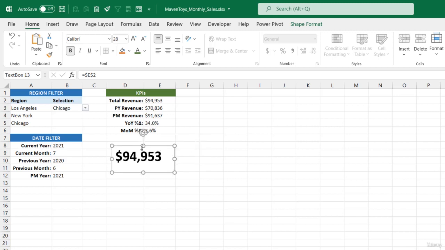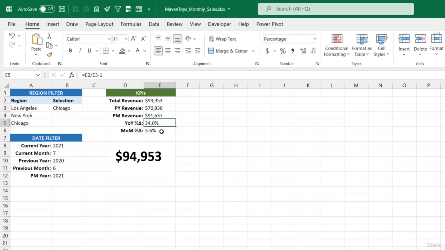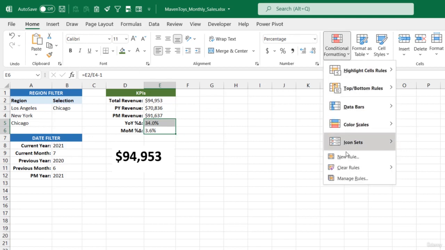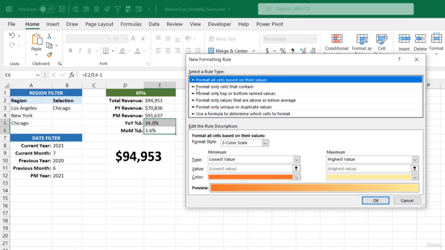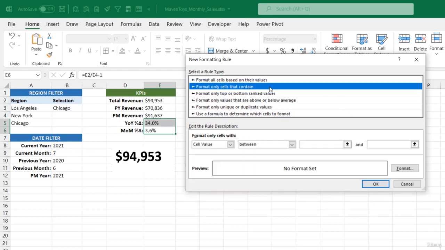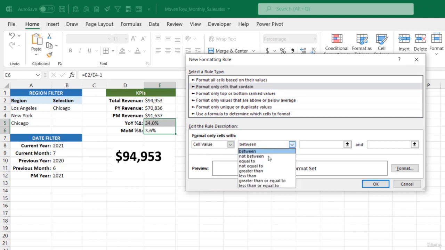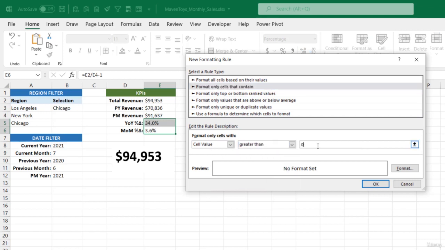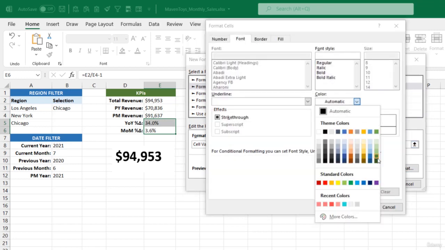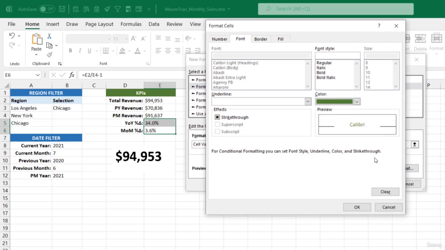Alright, so this is our main KPI card, but for my contextual KPIs, which are these right here, I want to use color to make the distinction between a positive and a negative change. And to do that, we can use conditional formatting rules. So with both of my cells selected, I'm going to go to Home, Conditional Formatting, and add a new rule. I'm going to select the second option, so format only cells that contain, and we want the cell value to be greater than 0 for the positive changes, and the format that we want to apply is a green color to indicate positive change. So press OK,